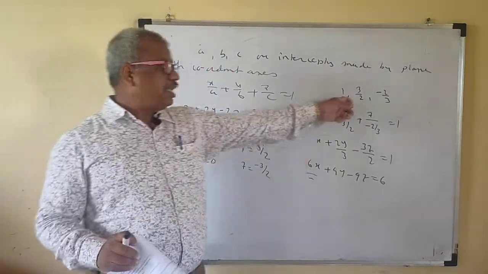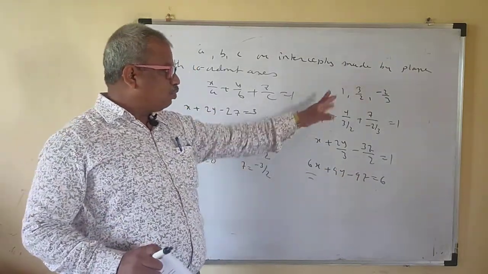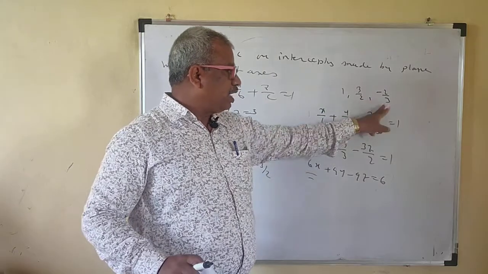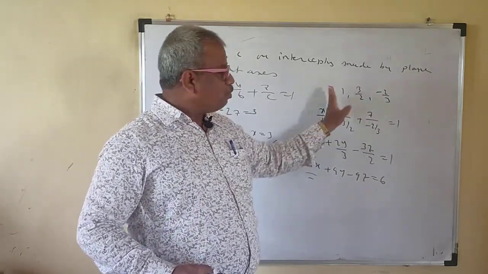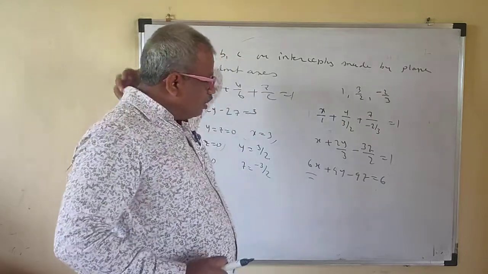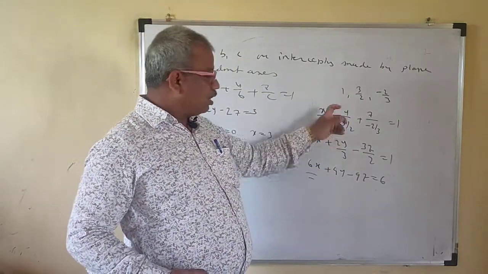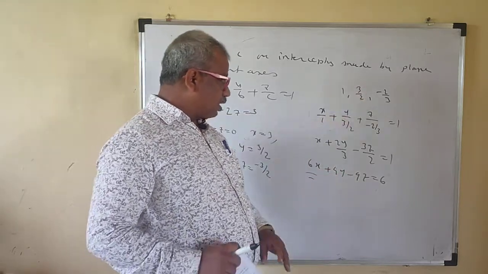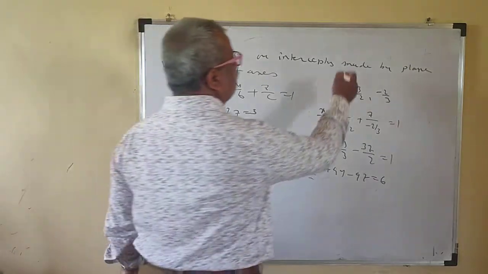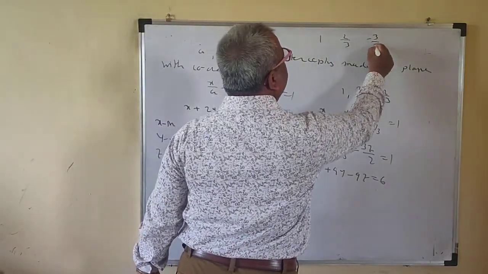Okay, so this is the intercept made by this, and this will be your option. Just look here: 3, 2 is there. So 2 is 3. You have to multiply by 6, and these are the coefficients. These are not coefficients. You have to take the reciprocal of that one: 1, 2 by 3, minus 3 by 2.